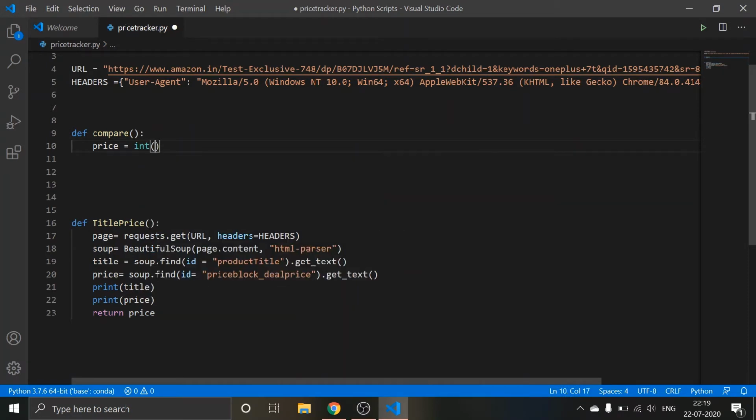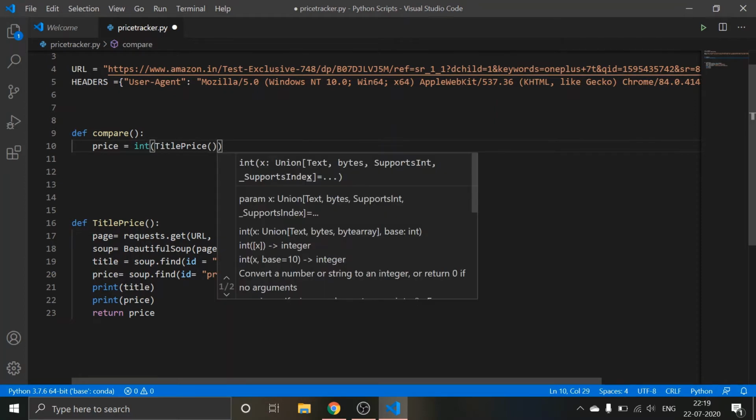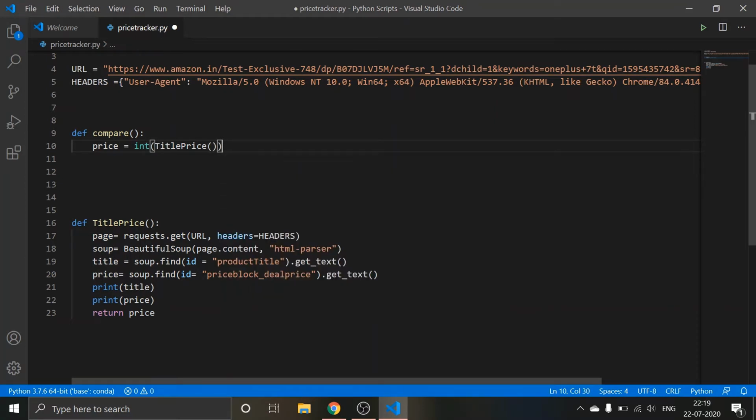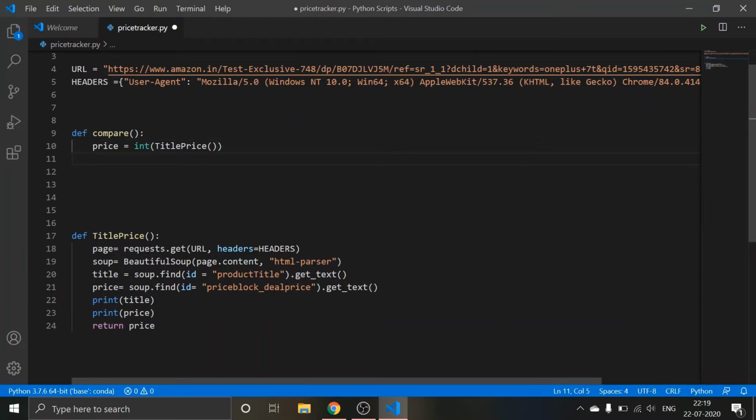This thing will be in string format, and I'm type converting it into integer form, or you can use eval also. Eval, basically we use it for float, int, irrespective of anything, but here we know that our final output will be in the int format, that's why I'm keeping it in int. So that's why I'm not using the eval function.